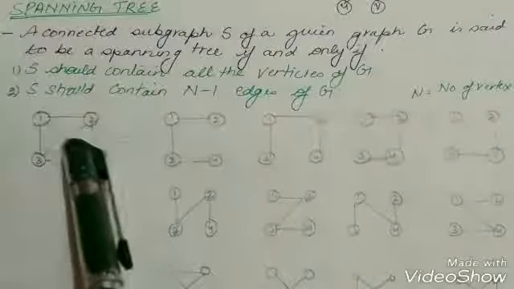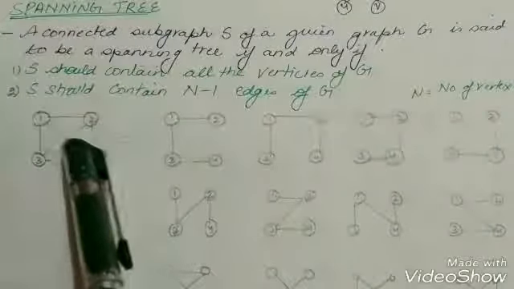Like if a graph is given to you and there are 3 edges in the graph with the same weight, fine. So it can happen that while calculating the spanning trees, after adding the weights of all those edges, we might end up having the same weight for many spanning trees. In that case, we can say that it may not happen that we get a unique spanning tree, right?